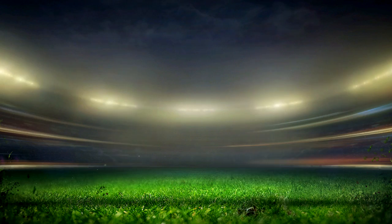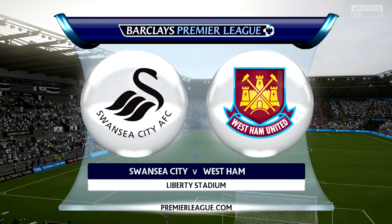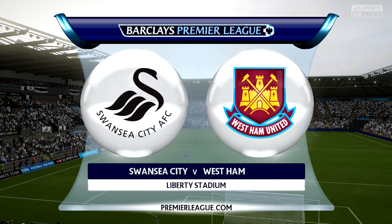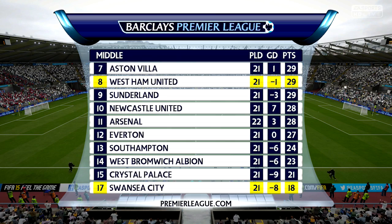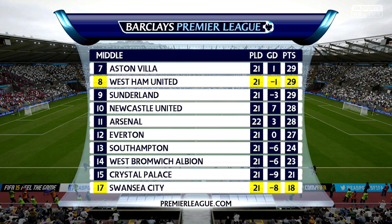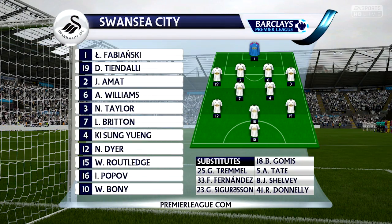But moving on, we are playing away from home against Swansea City. Yes, against Swansea, so hopefully it should be an interesting game. Swansea aren't doing too well in the league, as you'll see. They are languishing down in 17th. As I said, we are currently 8th. 21 games down, 29 points, which is not the greatest. And of course, that -1 goal difference really is disappointing